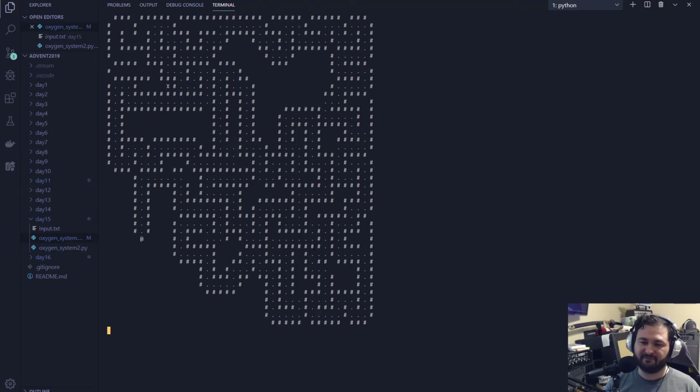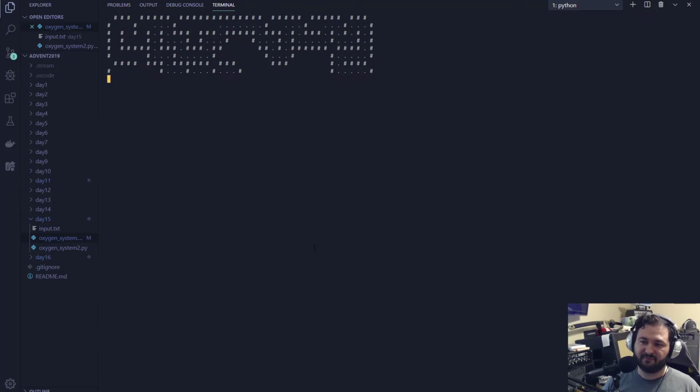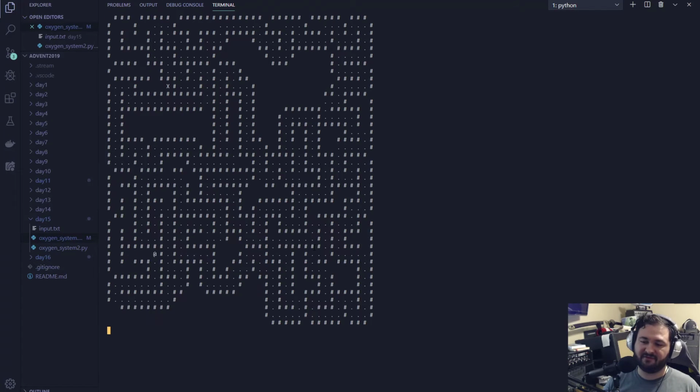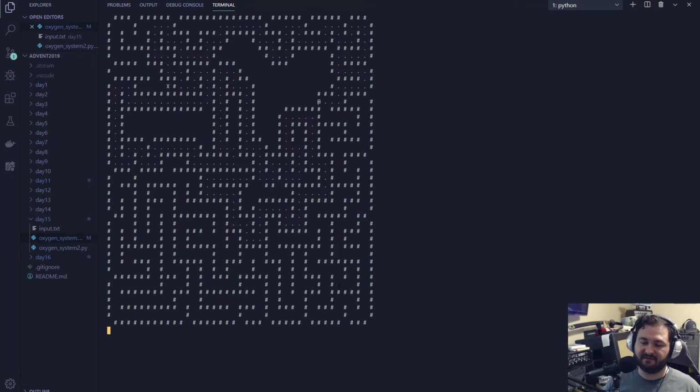Basically from there, instead of doing multiple pathfinding bots or whatever, I know that I can find the longest distance from the tank to the dead end, and that should give me the time to fill the total area, because anything shorter or equal to that is going to take either the same or a lesser amount of time. So I need to find basically what is the longest path from X to any given dead end. So from X to the furthest dead end is going to be the minutes it takes to fill this maze